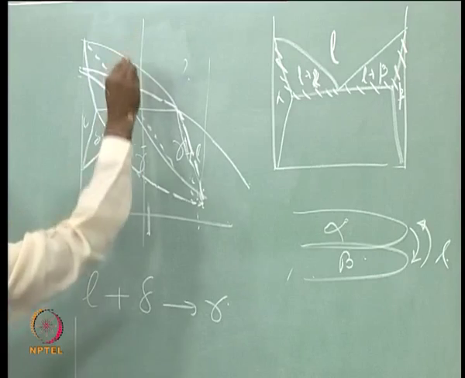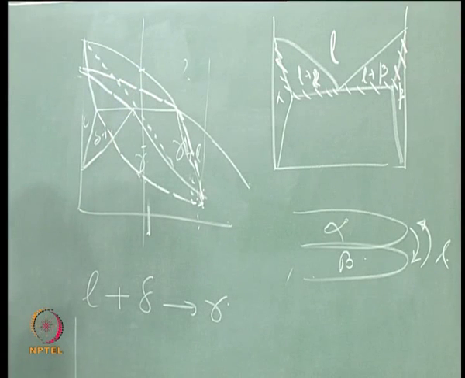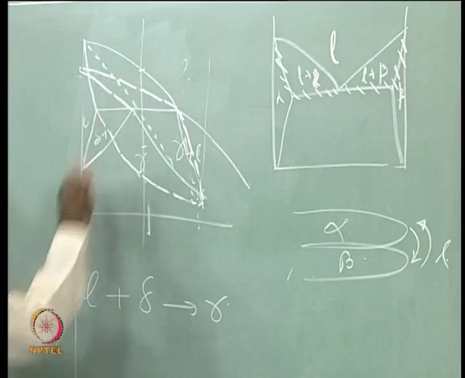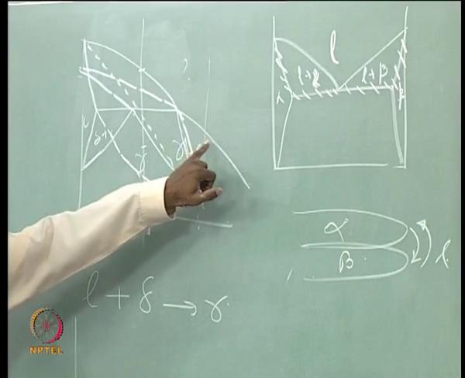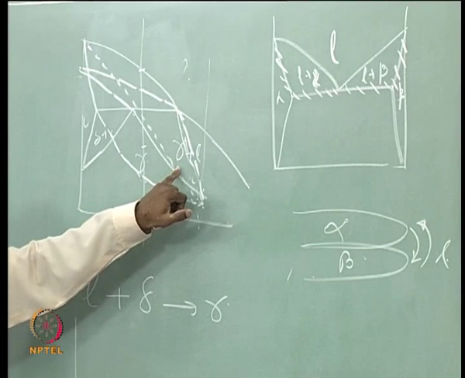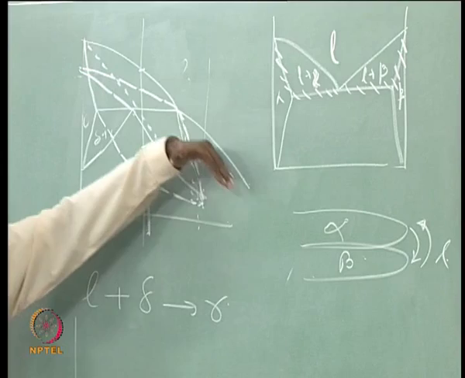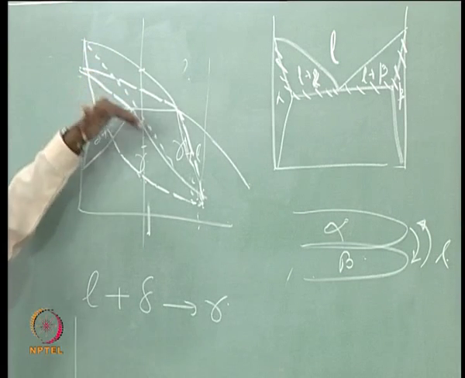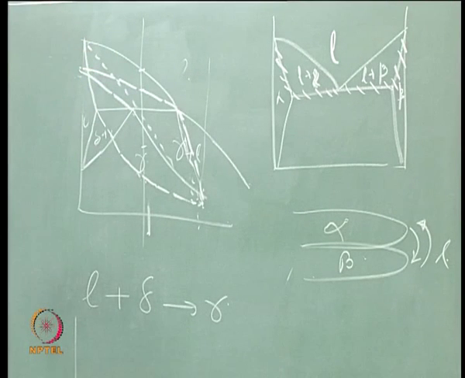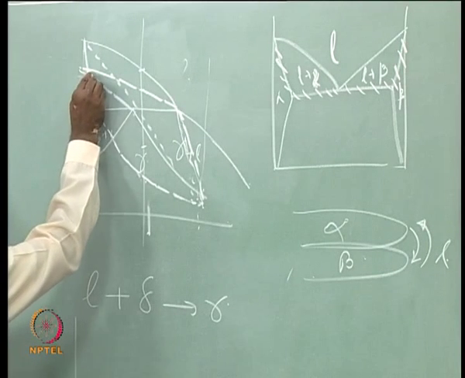That means I need to undercool the liquid below this equilibrium liquidus to a lower liquidus, which is a metastable liquidus between the liquid and gamma phase equilibrium. That means this is the gamma liquidus. If I extrapolate wherever this gamma liquidus goes, and if I can bring the liquid below the gamma liquidus, if my undercooling is such that I come to below the gamma liquidus, then in principle gamma can nucleate out of the liquid. And if I undercool to such an extent that I am